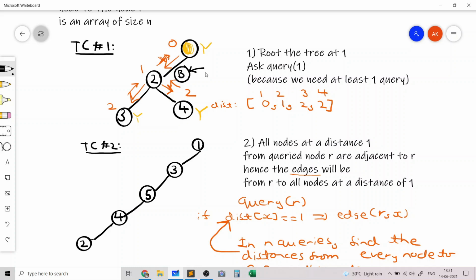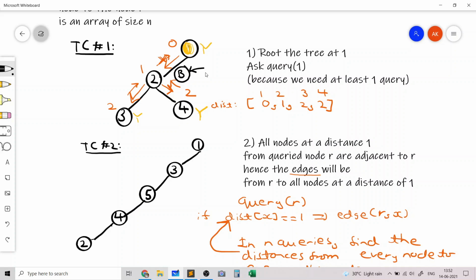Now what query from 2 would do is add the edges 3 and 4, and if you had noticed that earlier in the video when I asked query of 2, I basically got all the edges itself. I got edge from 2 to 3, edge from 2 to 4, and edge from 1 to 2. And that may have been by luck because 2 is the only node in one of the sets. But let's try this algorithm on the second test case, and let's construct the two sets.